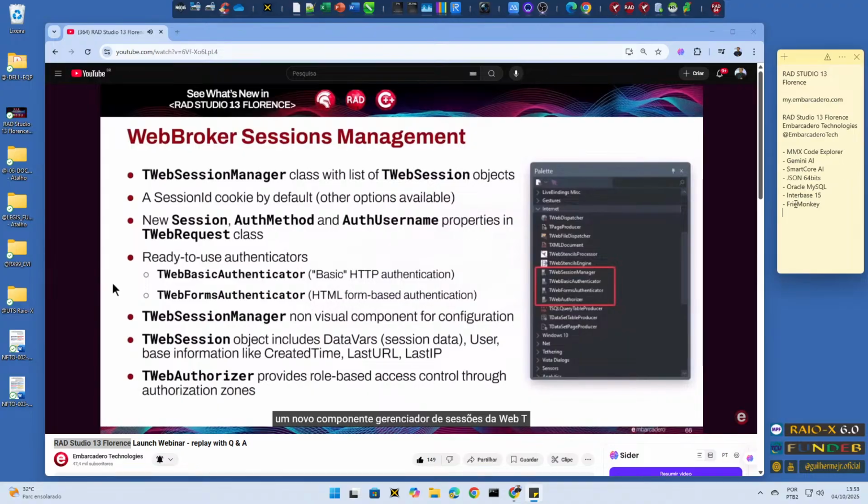There is a new TWebSessionManager component that you can drop in a web data module. This is a list of the web session objects. By default, the mechanism uses session cookies, temporary session cookies, but there are other options available to track sessions. There is a session object that is kept around in memory in web requests. There is an authentication method and an authentication username as part of the web request. There are also two ready-to-use authentication mechanisms to help build logins,